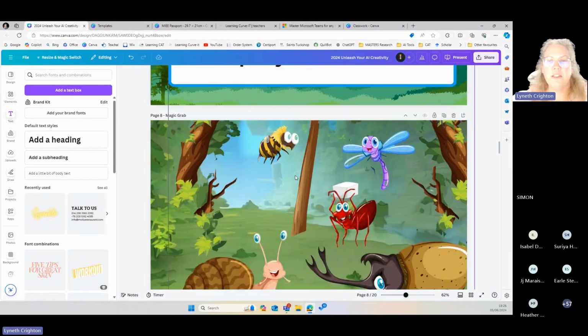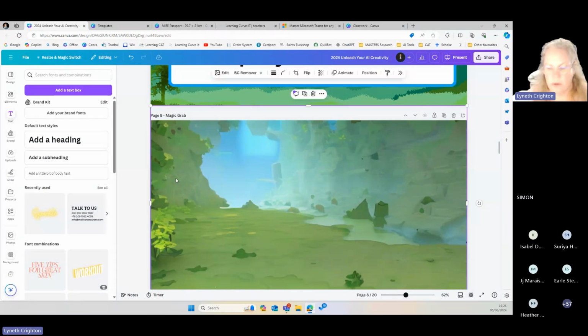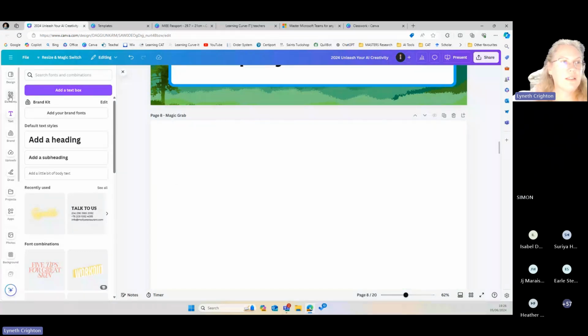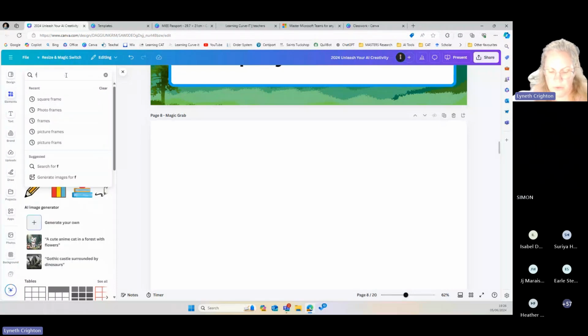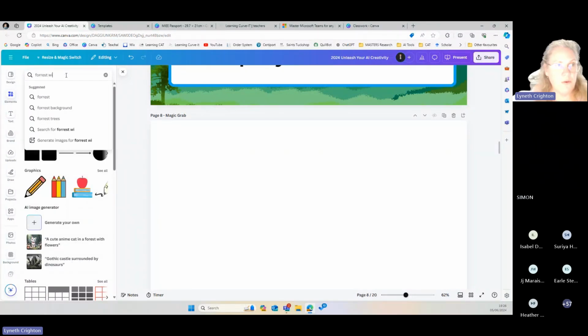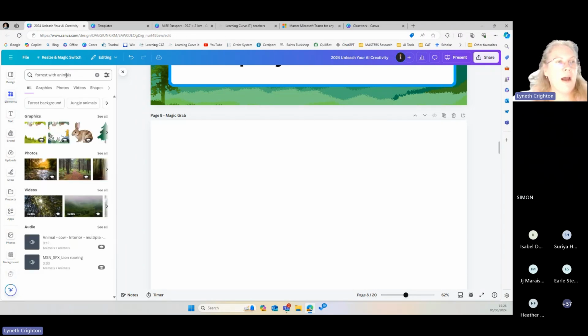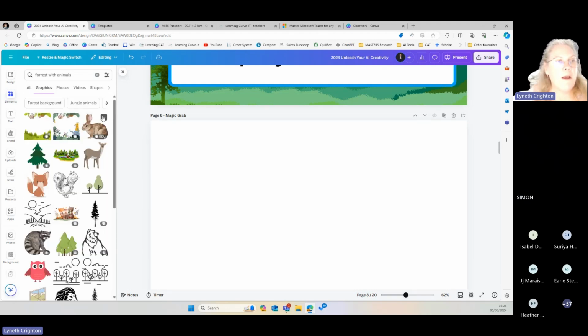So the second tool is, let me just undo that. If I'm going to put an image in, I'm going to look for an image that's forest with animals. And I'm a teacher, and as you can see, there are lots and lots of options.